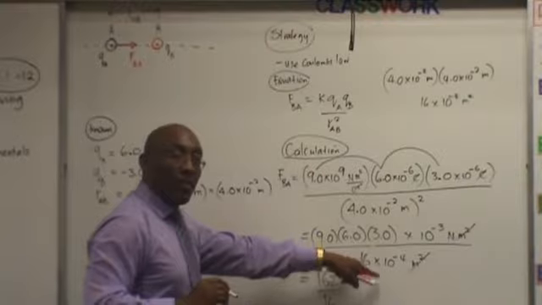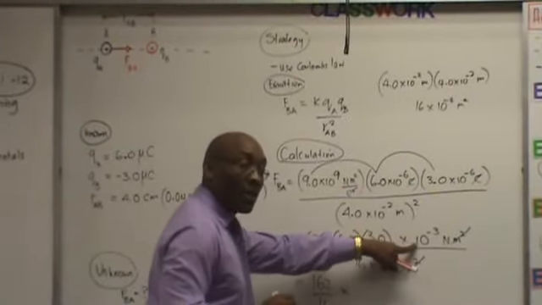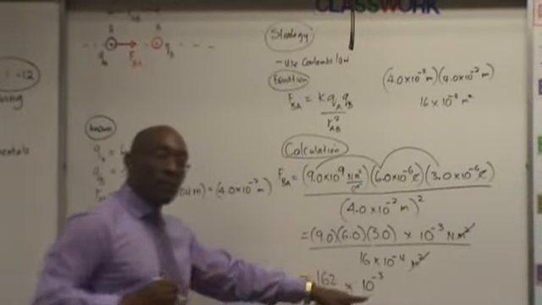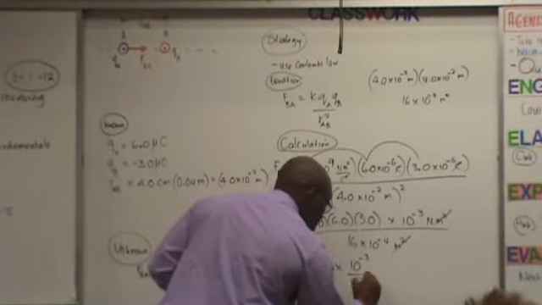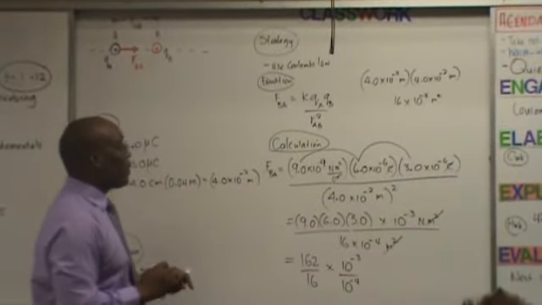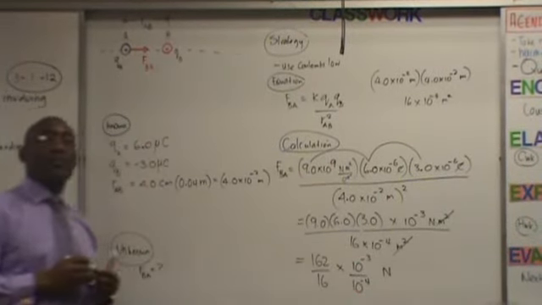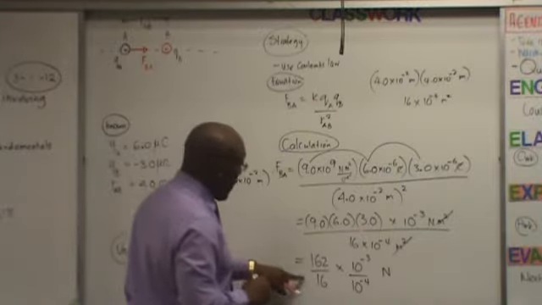That takes care of my numbers. Times, at the top, I have 10 to the negative 3, and at the bottom, I have 10 to the negative 4. And over here is my N, which is the unit for force. So now 16